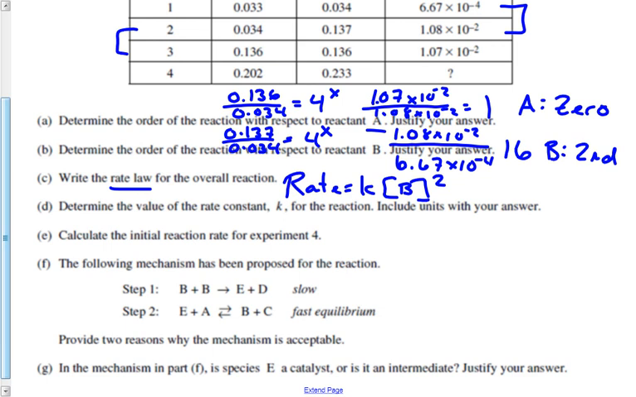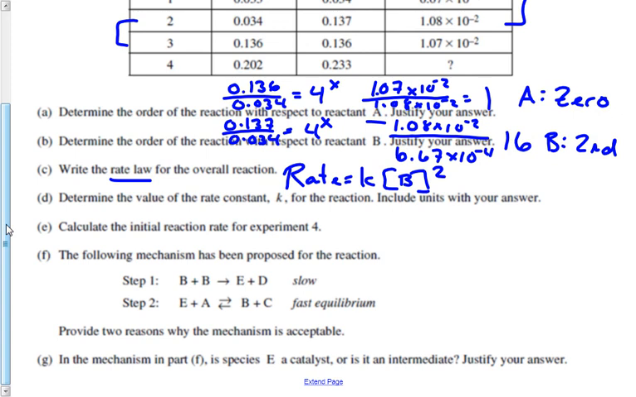You could write A with a 0, but the best answer is that, right? Because anything to the 0 is 1, so that would not affect it. By the way, all that so far is worth 1 point each. But, by the way, if you messed up A and B, as long as your rate law reflects that,